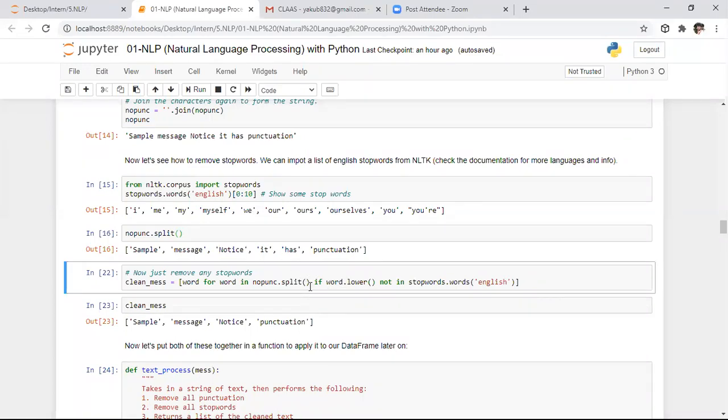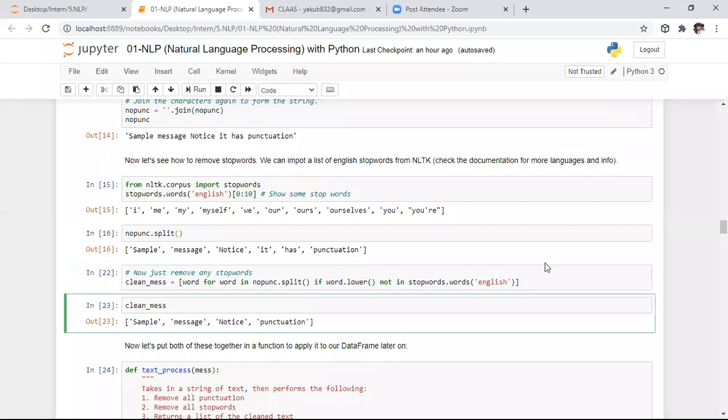Whereas if you have capital letters in the previous message, it won't be removed perfectly. So to remove all the stop words, initially we convert all the words into lowercase. After converting to lowercase, I am applying the stop words on it. If a word is not in stop words, then only we accept that word. If it is a stop word, we avoid that word and do not consider it in the list.